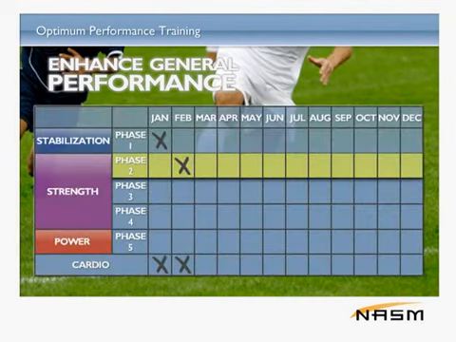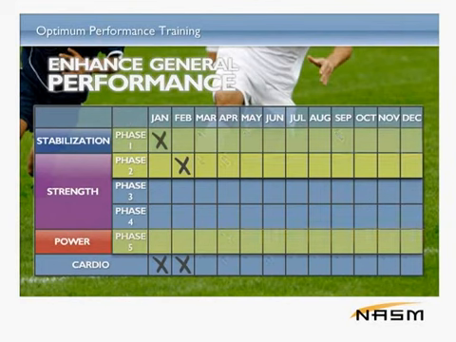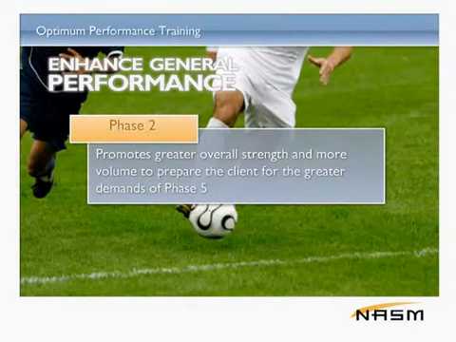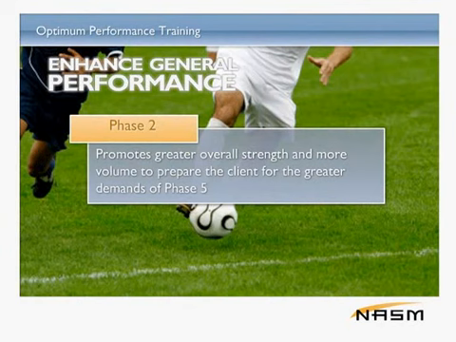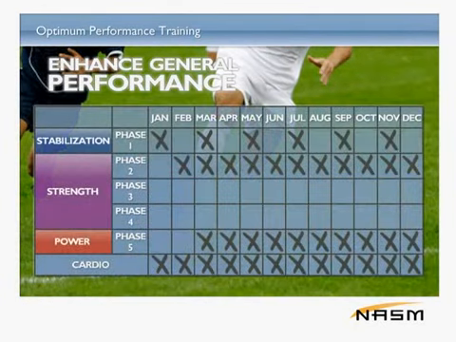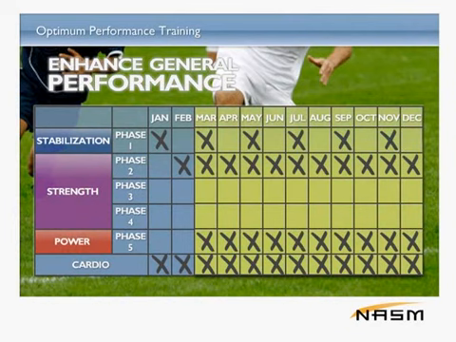The remainder of the plan shows the client cycling through Phases 1, 2, and 5. Phase 2 will promote greater overall strength and more volume to prepare the client for the greater demands of Phase 5. Phase 4 can be used to increase the strength capacity of the client, but is not vitally necessary for general performance. From the month of May on, Phases 1 and/or 2 and 5 are used in the same month